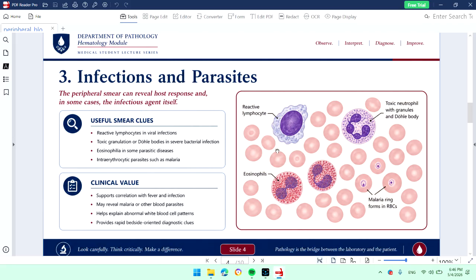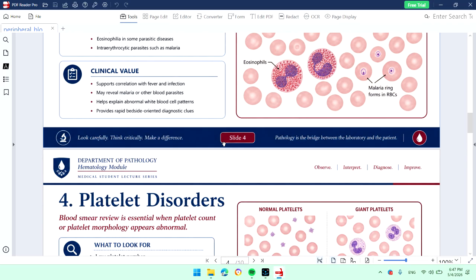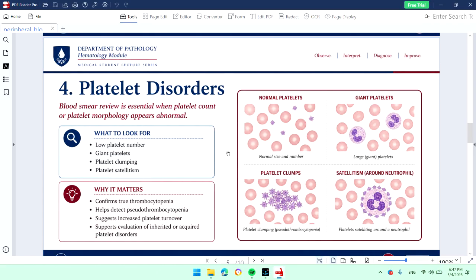In infectious diseases, for example, in malaria, as you see here, the ring forms of malaria, or in some virus-induced diseases such as mononucleosis, you see the lymphocytes are changed, or toxic granulation during bacterial and severe infections, are easily found in PBS. Platelet changes, I mean the number of platelets, for example decreased in ITP, or